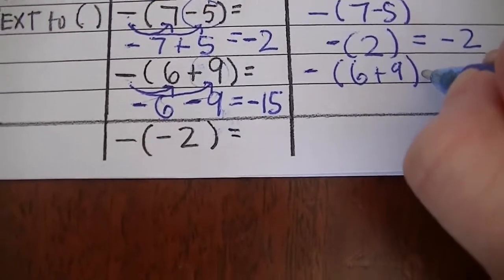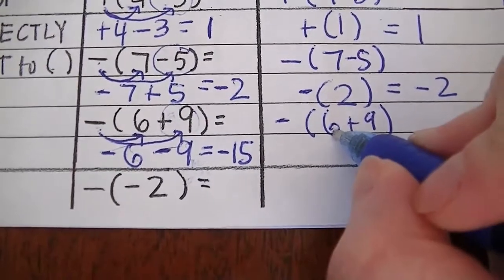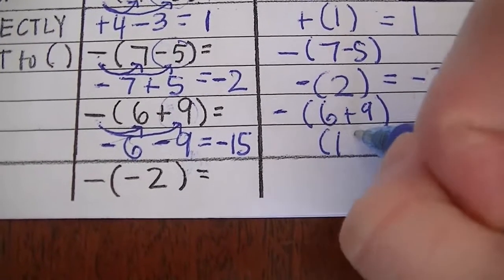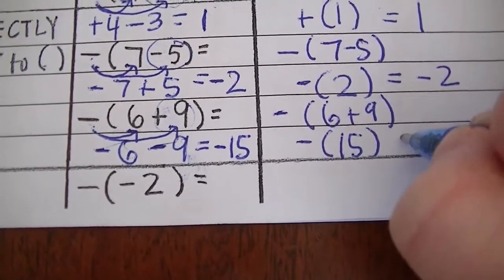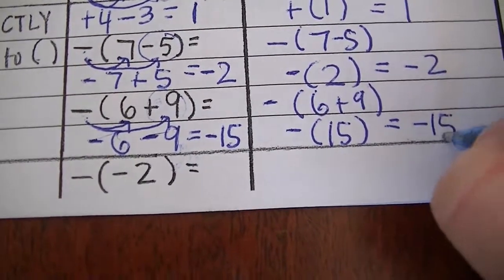Okay, and what we got going on here, 6 plus 9, that's 15. Bring down your negative, and then negative times that positive gives you a -15. Okay,